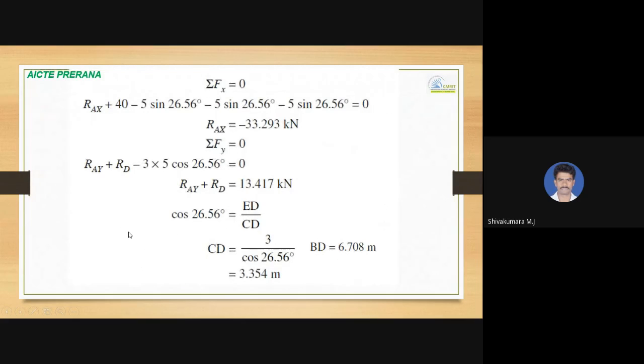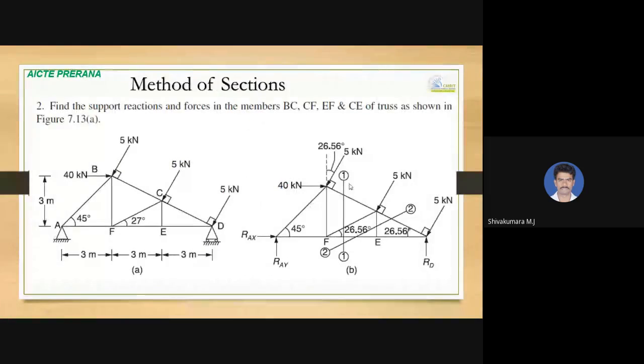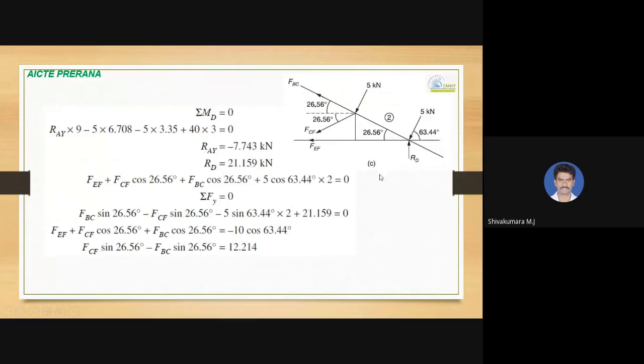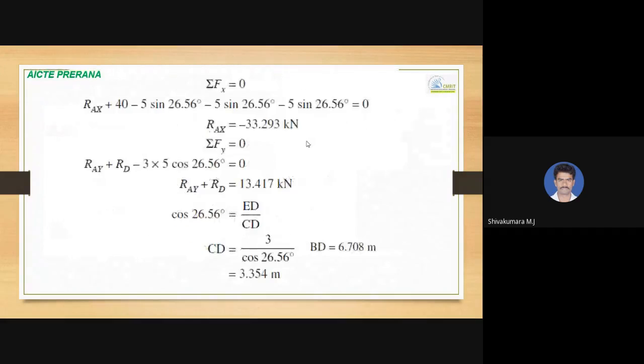Okay. So first, once you cut like this, section 1-1, you will get the free body diagram like this: FBC, FCF, FEF. So all members are subject to tension, we have assumed. Later we'll confirm based on the result. So this is the procedure given here for the determination of support reactions RAY, RAX, and RD,